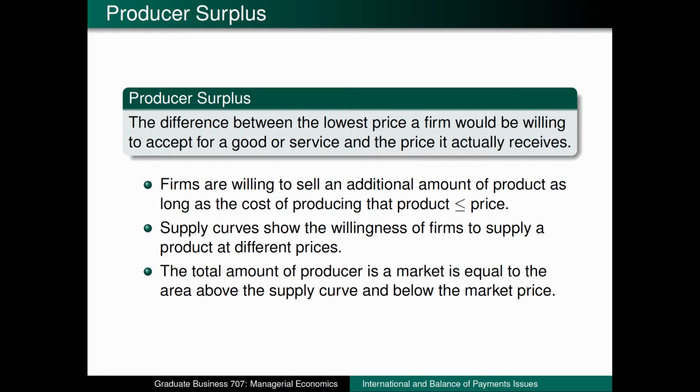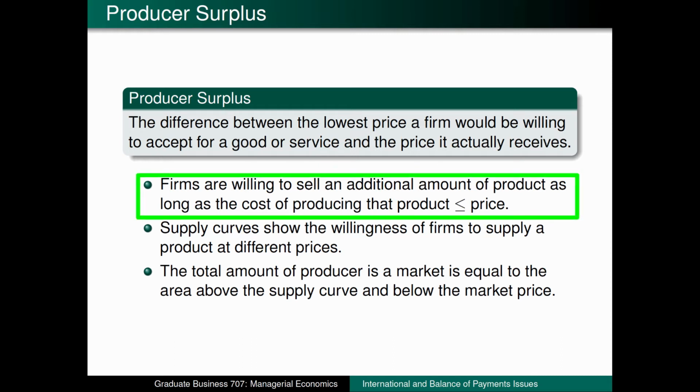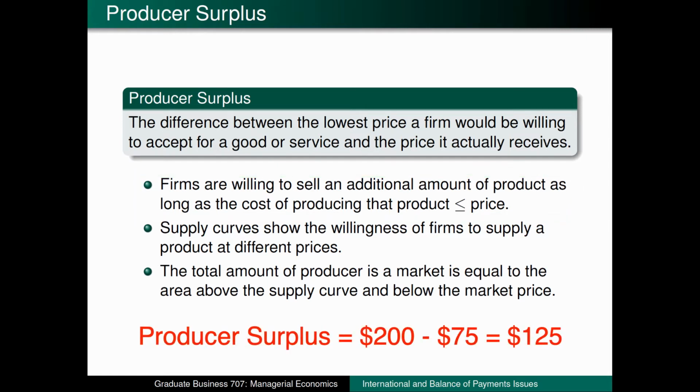If consumer surplus is measuring how happy consumers are, then you can think of producer surplus as a measure of how happy producers are. In this case, we would say that companies only sell product if the price is greater than their marginal cost. So producer surplus is calculated as price minus marginal cost. So if the winter jacket costs North Face $75 to make and they can sell it for $200, then the producer surplus for North Face is $125. Which is $200 minus $75.